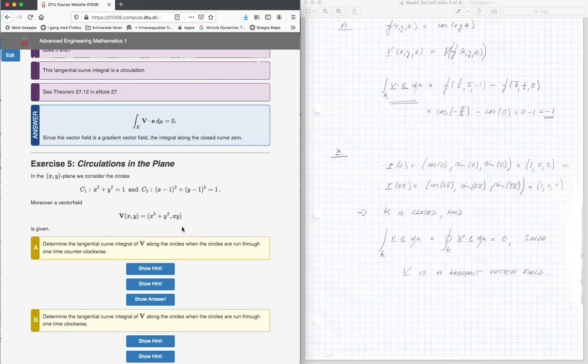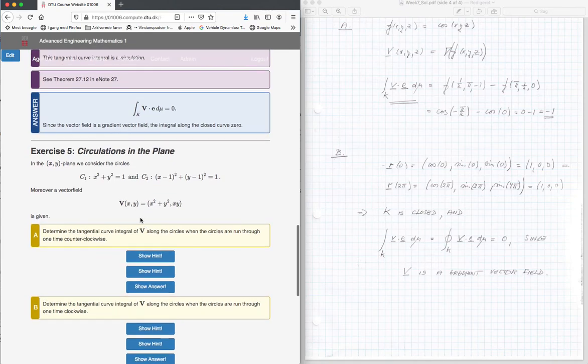I don't have notes for the next one because it's along the same line. You have to compute the circulations in the plane, and so what you do here is that you have two different curves. This is the unit circle, and this is a circle of radius 1, but with the center at 1, 1, and then you have this vector field. So what you do is that you parameterize the two curves here,